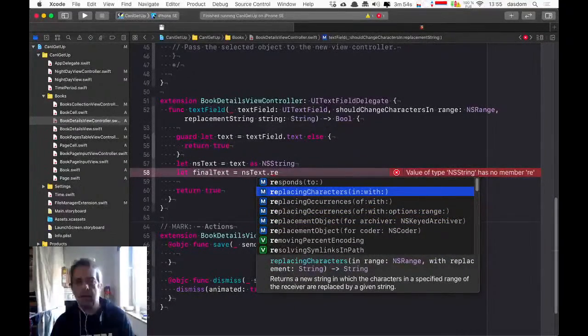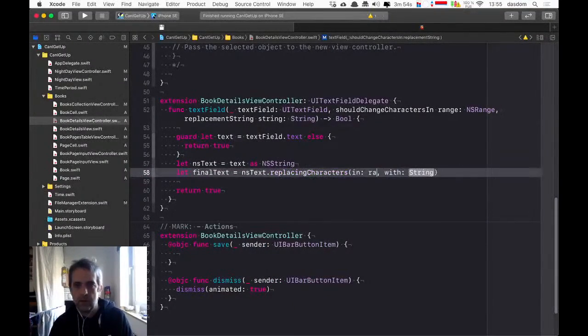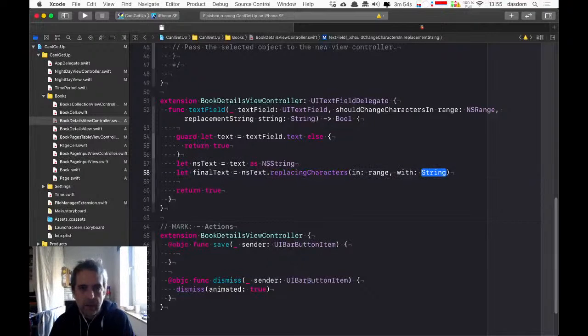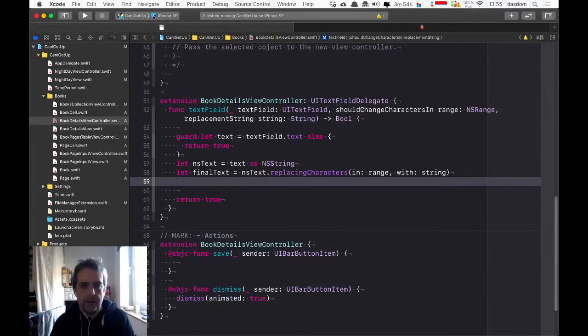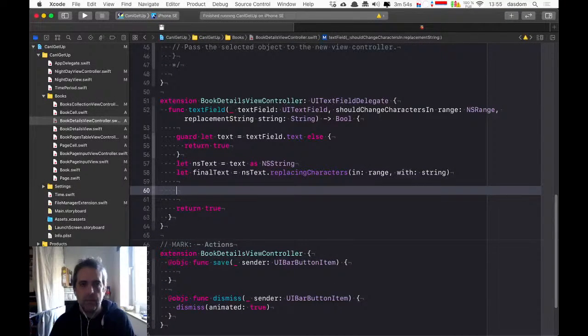This is it. NSRange with string. So now we have the final text, and we now have to check which of the text fields